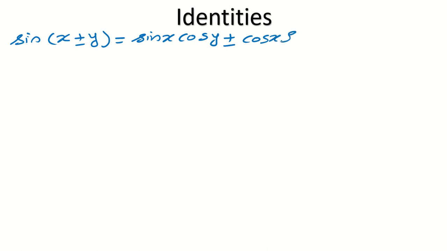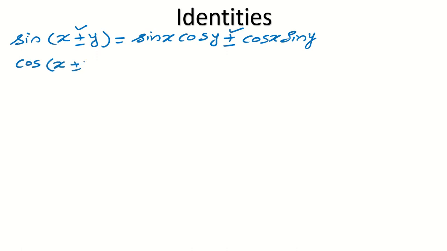First is sine x plus minus y. Two identities I am writing together. It is sine x cos y plus minus cos x sin y. What does it mean by plus minus here? If here it is plus, then you will write plus. If it is minus, then you will write minus. Okay. Now, another identity we can be